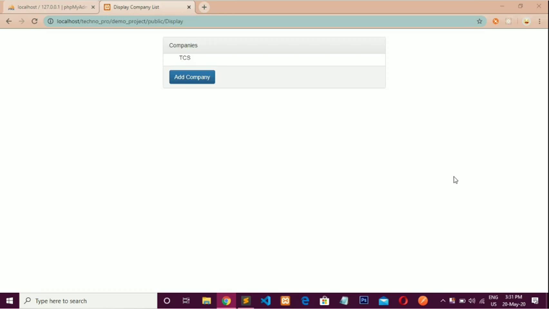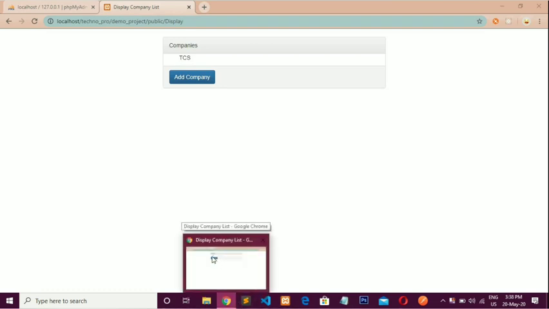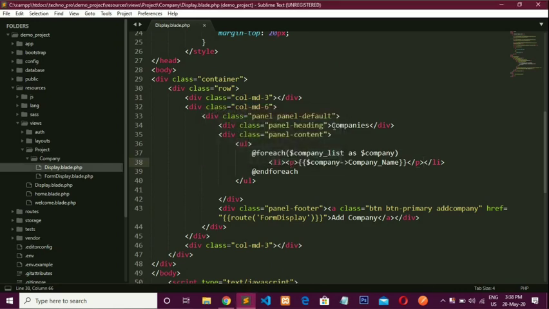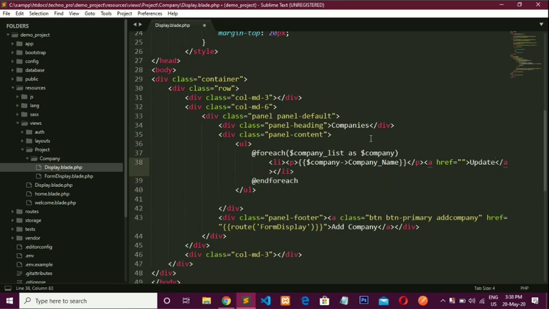Guys, I am creating one Laravel application which covers CRUD operations such as insert, update, delete and select. In the last video I already covered insert and select operations, and in this video I will show you delete and update operations. So let's start. For that, first we need to design our page which gives the functionality of updating and deleting. So open Sublime Text editor, go to the display.blade.php file and write two links here, one for update and second for delete.